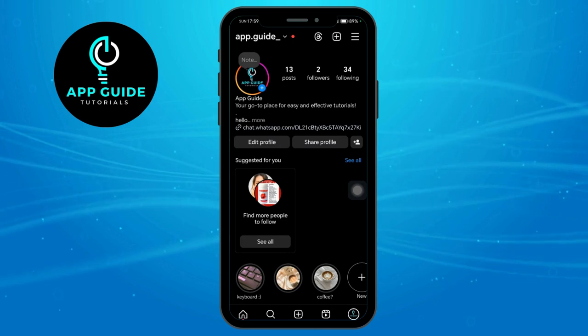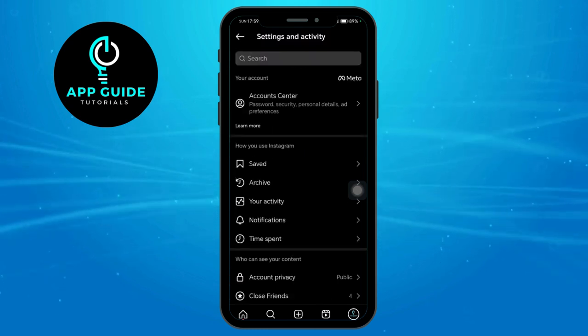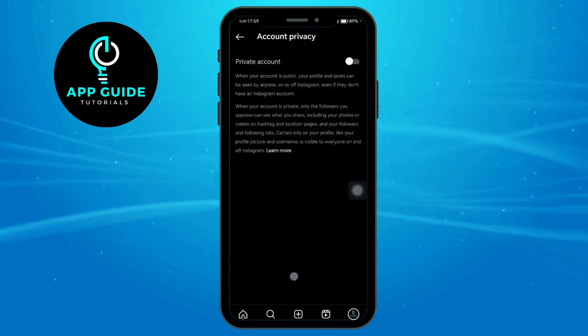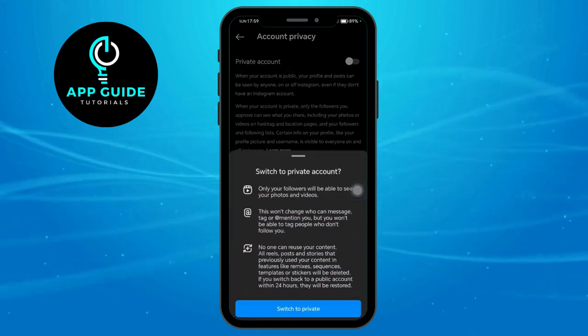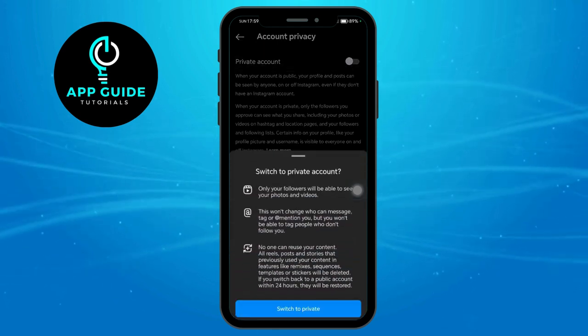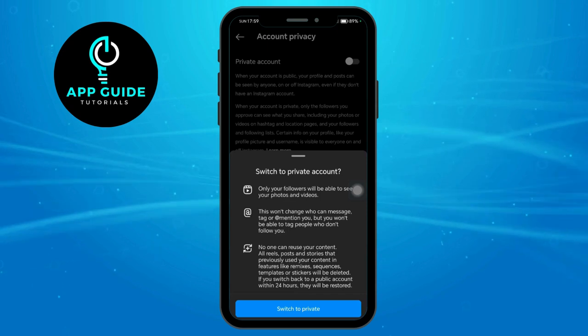So if you want to hide that, you need to head over right here to your three lines, and then head over to the account privacy. Now we need to turn this on. Click on the switch to private, and as you can see right here, only the followers you will actually allow